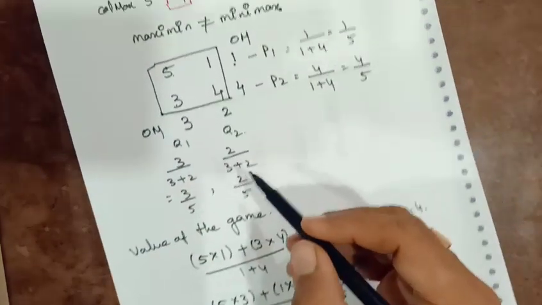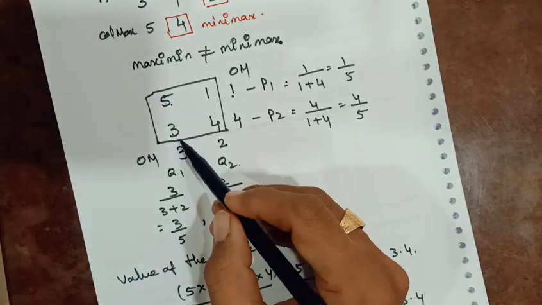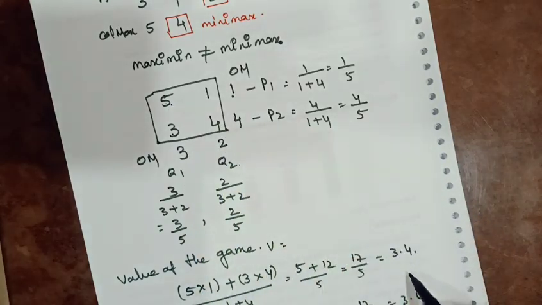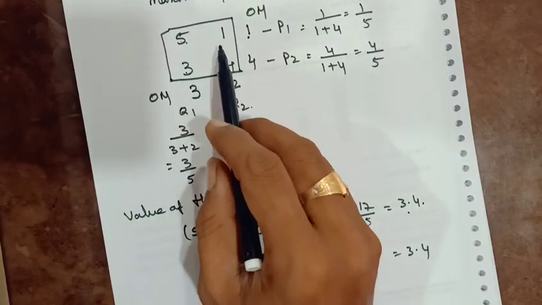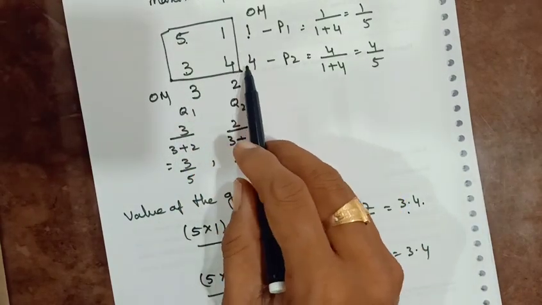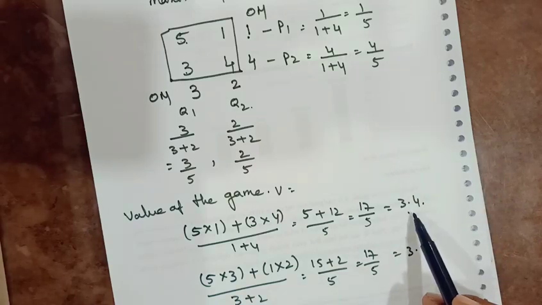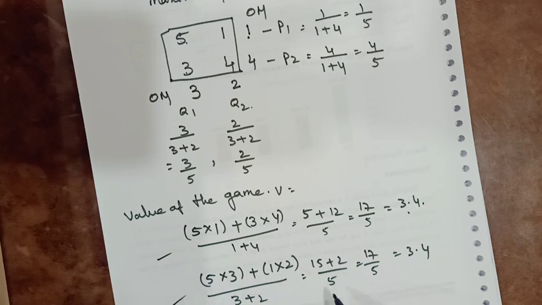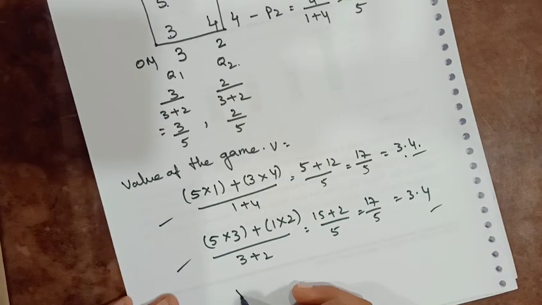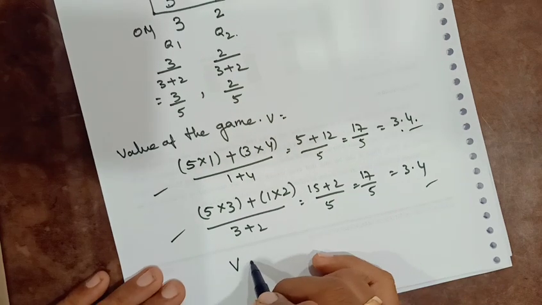So here what I have done, 5 into 1 plus 3 into 4, you got 3.4. In the same way, 1 into 1 plus 4 into 4, you will get 3.4. So I have done it here only for 2, and we got the same value, hence the value of the game is equal to